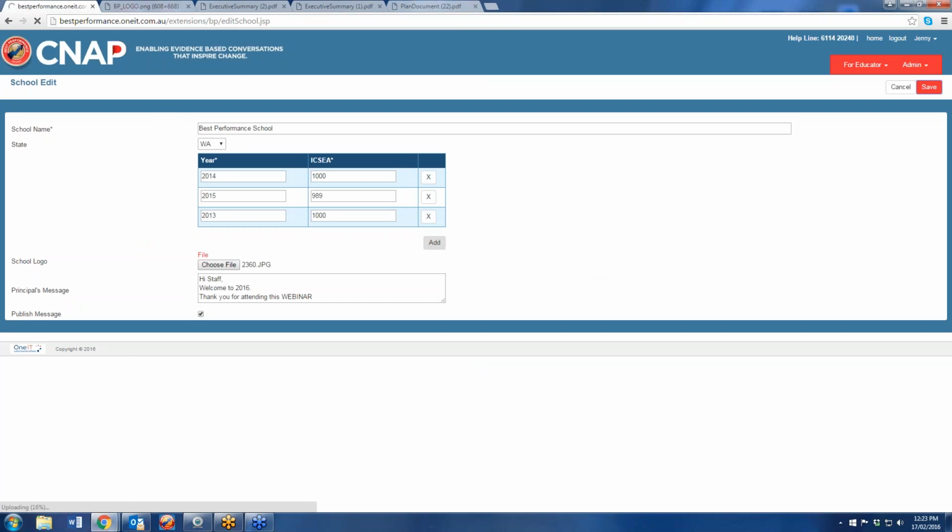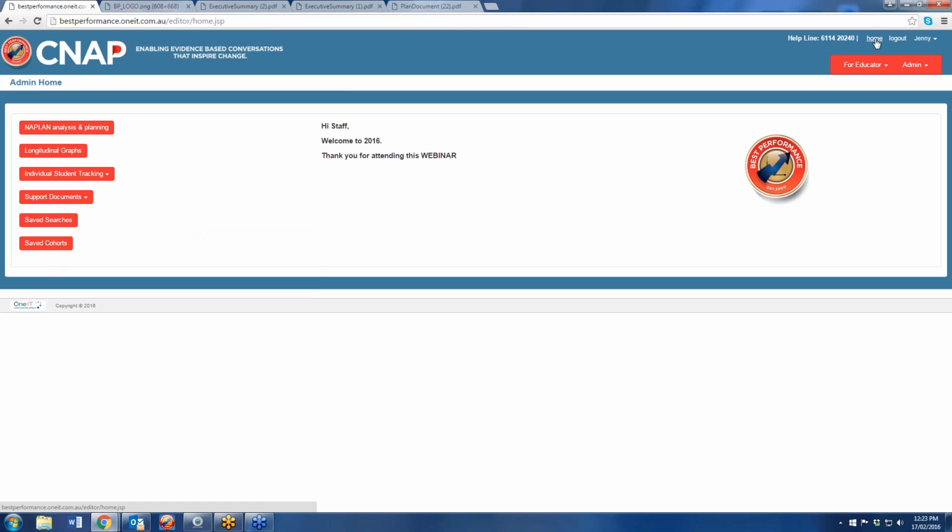Okay, it doesn't seem to be liking that image. Sorry guys, that's not a great look. We'll go back, we'll leave that alone, but please believe me that it does work when you put the school logo in. I think Luke's photo was a little bit too high in resolution, it was taking too long. So that in a nutshell describes the new features.